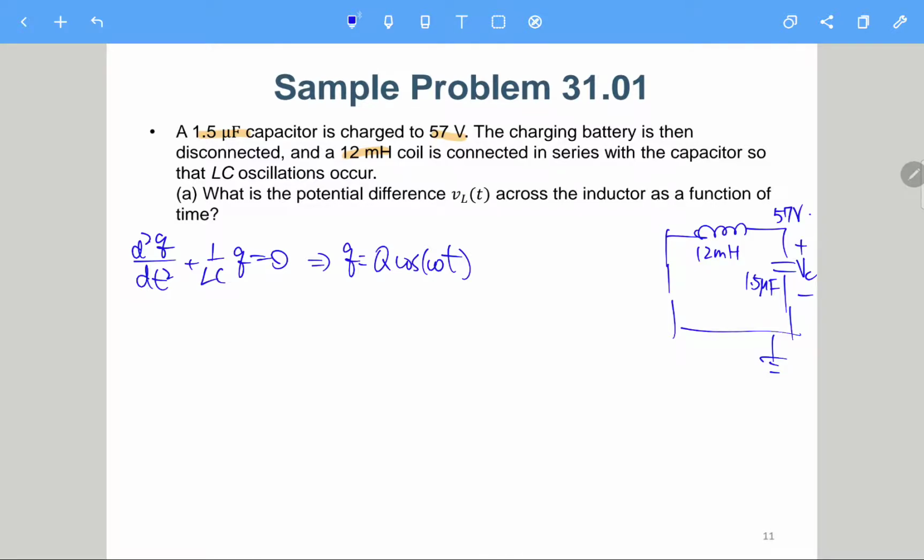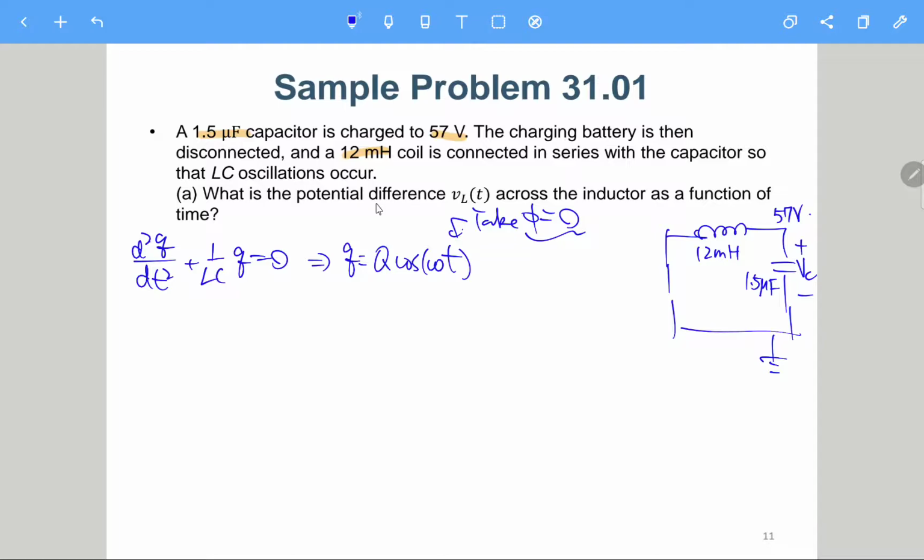We can just skip plus phi because we do not care about the reference time, so we can just take phi equals 0 here, just for simplicity. You can take arbitrary phi, maybe pi over 4, pi over 2, pi, 2 pi, whatever you like,